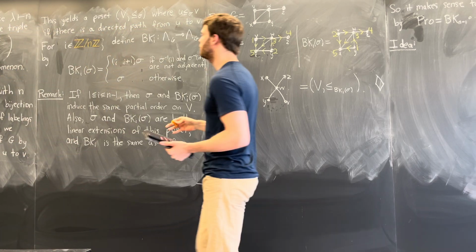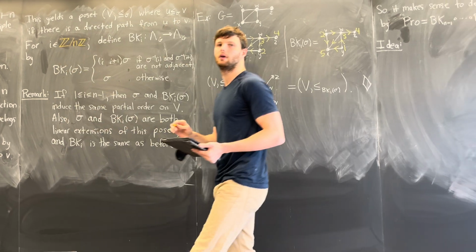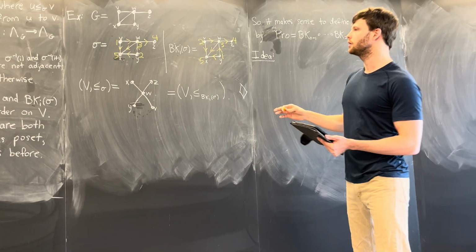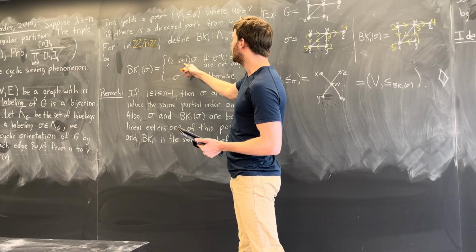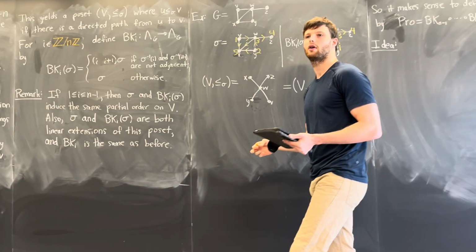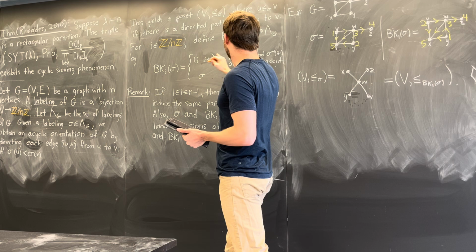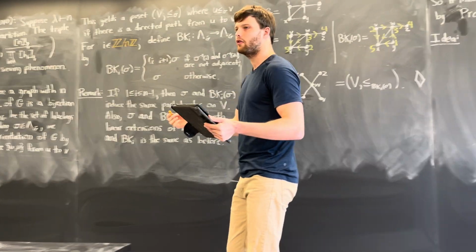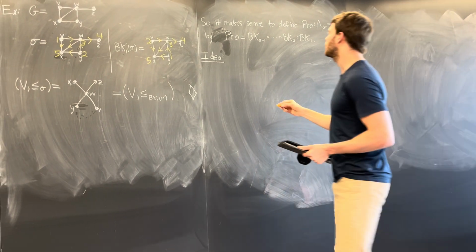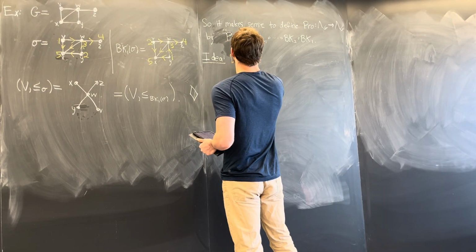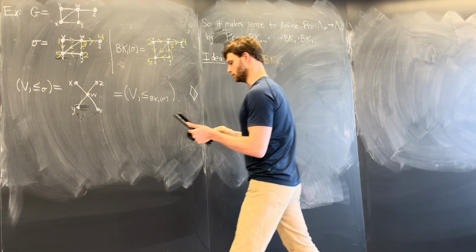It's the same definition as before, but now I can do this when I is in Z mod NZ. It's the same rule, except the thing is that n plus 1 is 1. So basically what bk sub n should do is it should look at the labels n and 1, and if they're sitting on non-adjacent vertices, you swap them, and if they're sitting on adjacent vertices, you do nothing. So the idea is define bk sub n,